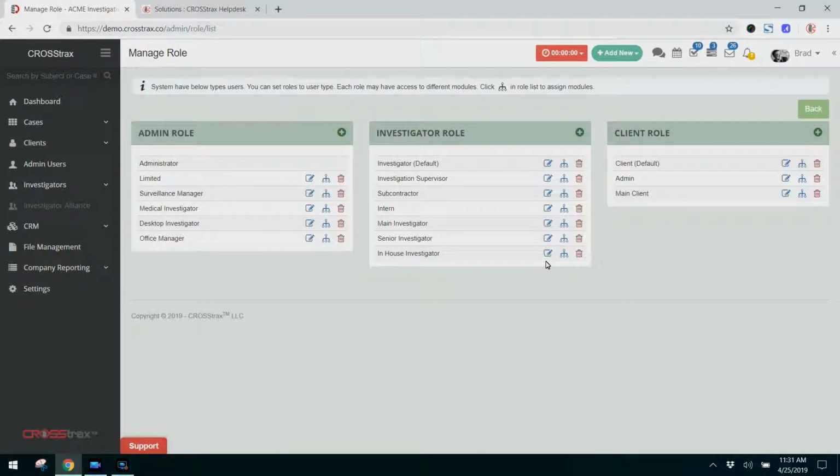With any investigator role, you can edit the name by clicking the edit icon. Click the middle icon to manage the role access, and click the trash can icon to delete